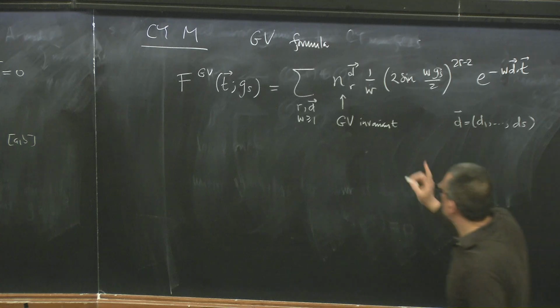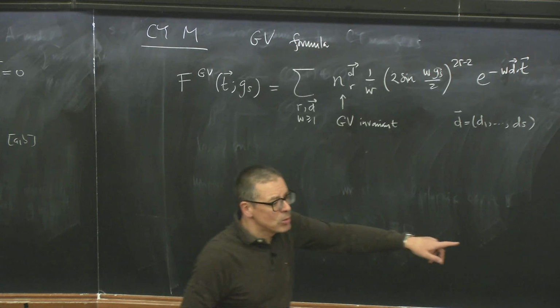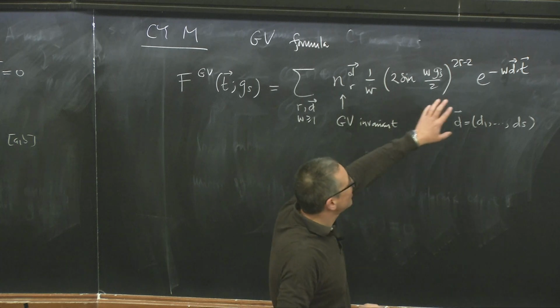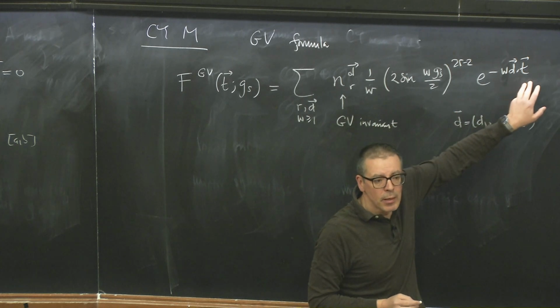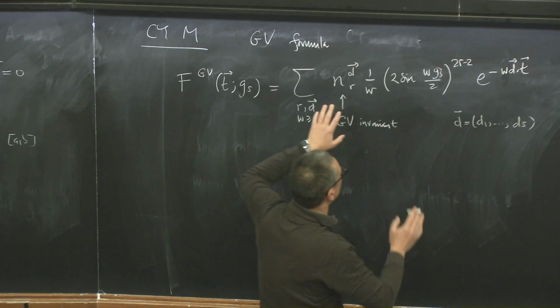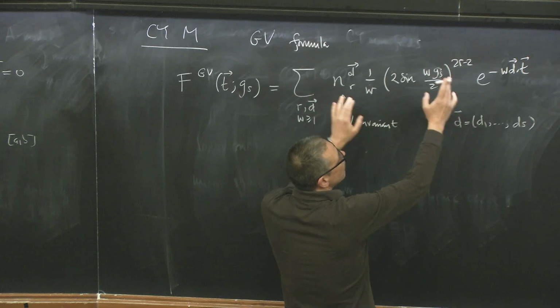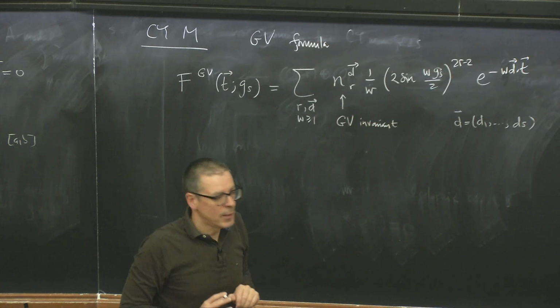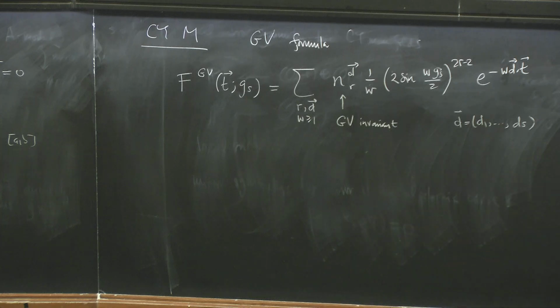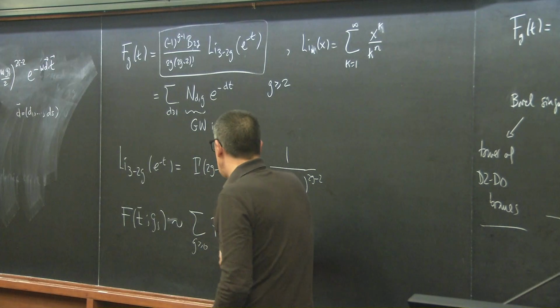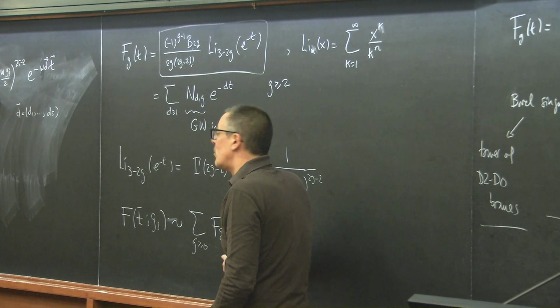So the Gopakumar-Vafa formula is not an asymptotic expansion in g_s. It's actually a series in e to the minus t, in which each coefficient is a non-trivial function of g_s, okay? So you see, each of these quantities is a series in e to the minus t,